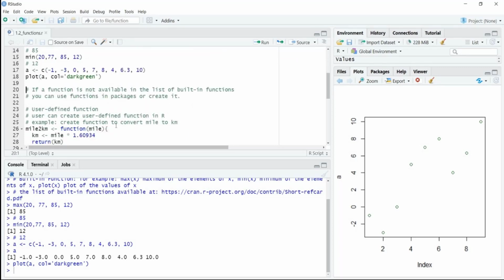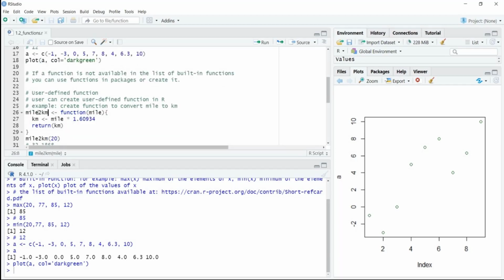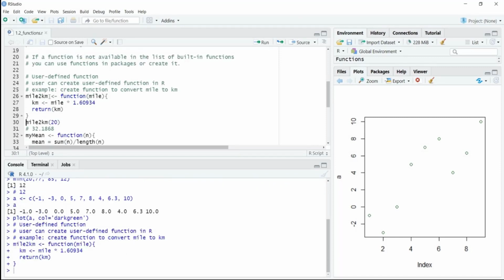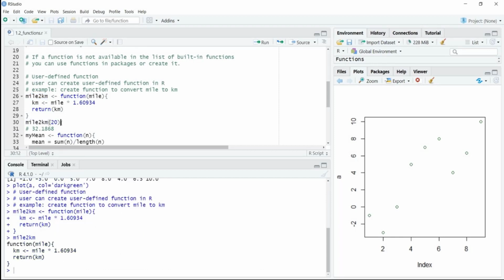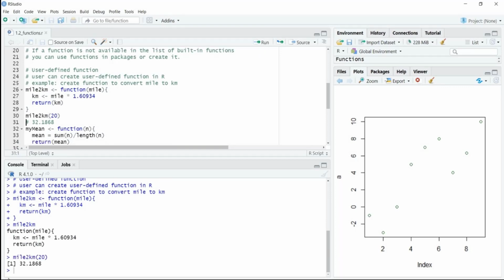For example, let's create a function to convert miles to kilometers. We name it mile_to_kilometer equals function, mile in brackets. The body is kilometer equals mile multiplied by 1.60934, then return kilometer. Now we have defined the mile_to_kilometer function. Let's apply it. mile_to_kilometer of 20 equals